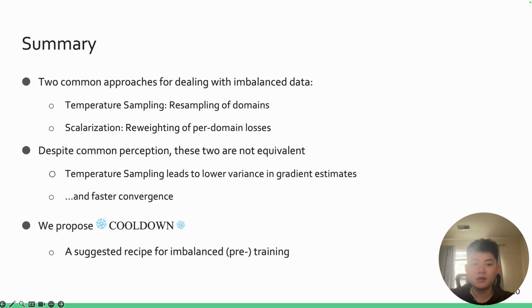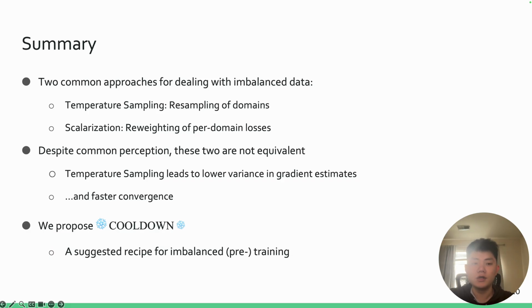So to summarize, our work investigates the 2 common approaches for dealing with imbalanced data. The first one is temperature sampling, which resamples different domains. The second one is scalarization, which reweights each domain by their losses. Despite the common perception, the 2 are not in fact equivalent, as temperature sampling leads to a lower variance in gradient estimates, and as we increase the sampling temperature, the variance also increases. Connecting with the literature on lowering variance to accelerate convergence